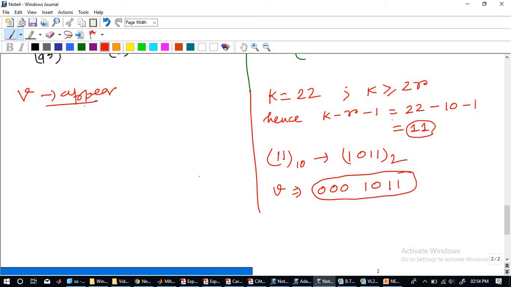Okay, so V appears. If V appears, then the swapping process happens. Actually, last day when we were doing it, the swapping of this whole element happens.